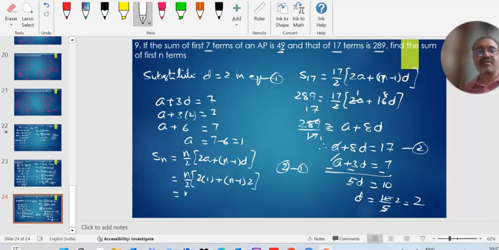Now n by 2 into 2 plus 2 into n, 2n minus 2. Plus 2 minus 2 cancel. That is equal to n by 2 into 2n. 2 2 cancel. That is equal to n square. Whereas Sn is equal to